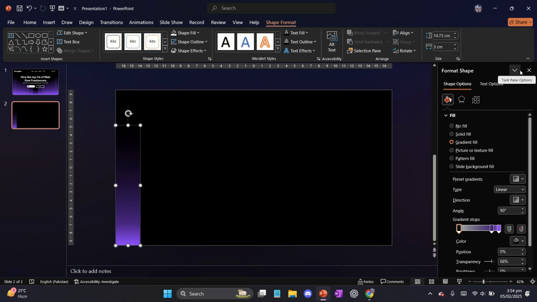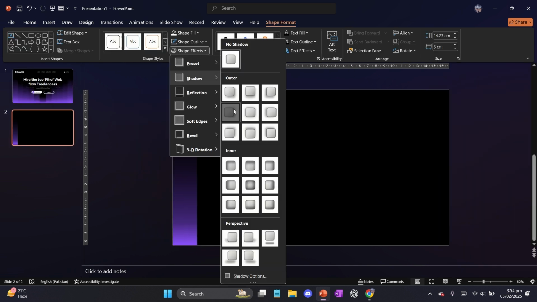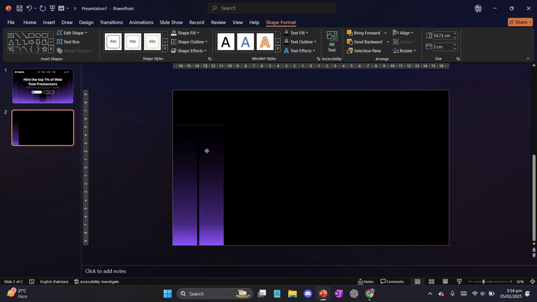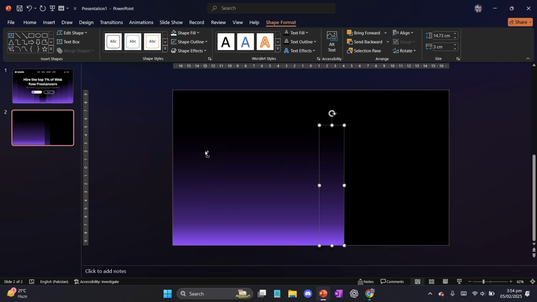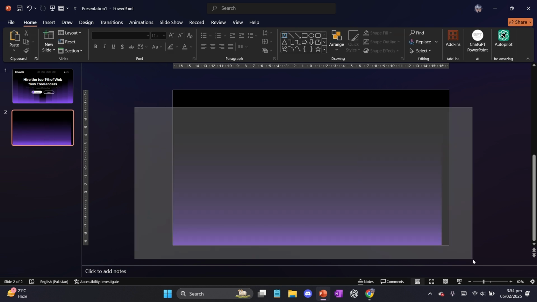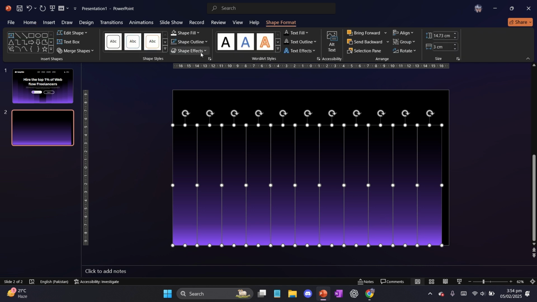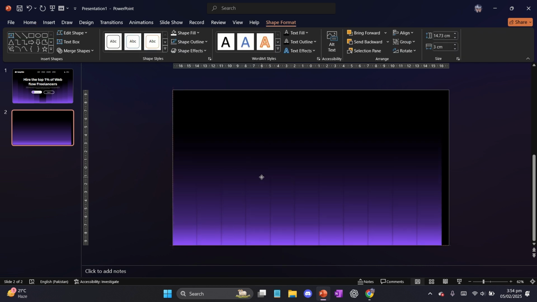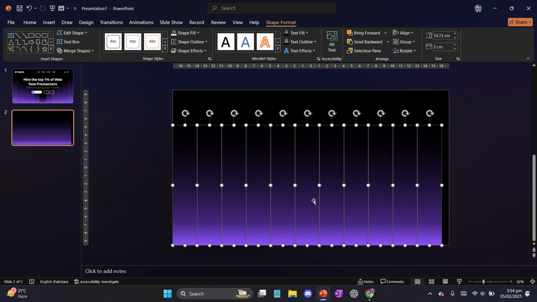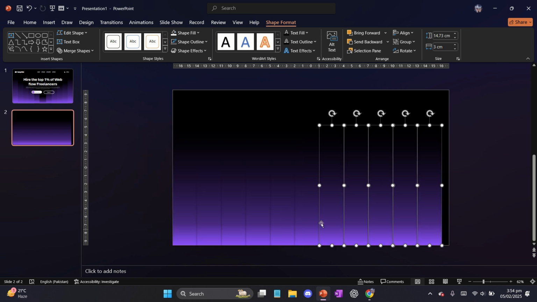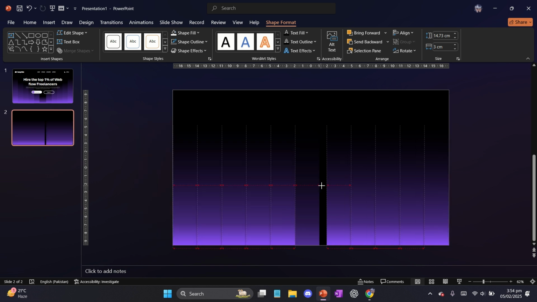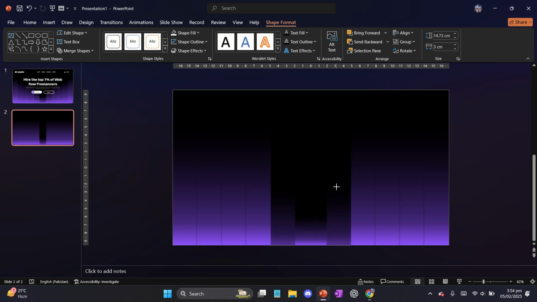So let's just give the transparency to the black gradient stop, and then we're gonna give it the fourth number of the shadow. We're gonna just duplicate it again and again, and this way we're gonna make about like 10 copies of it. Next we're gonna select all of them and we're gonna just increase the space in between